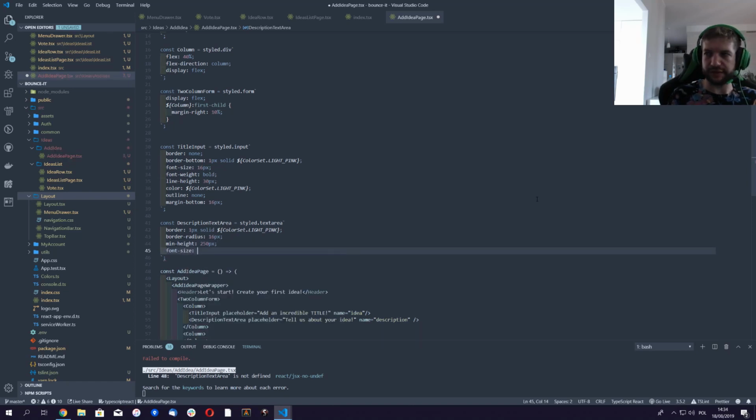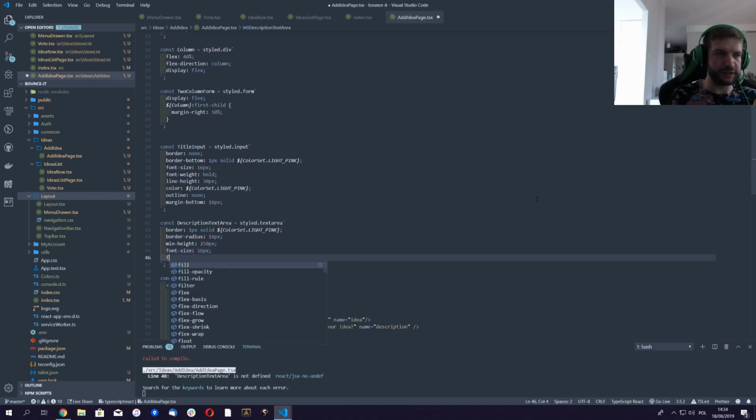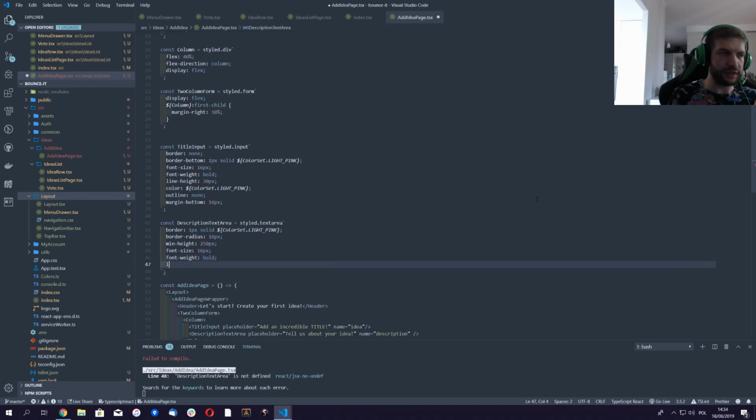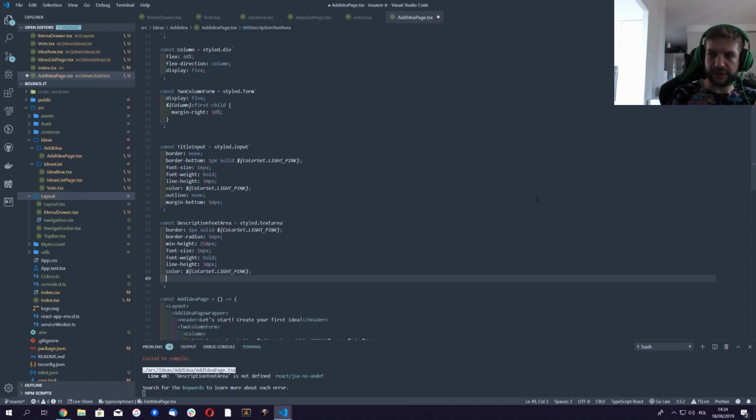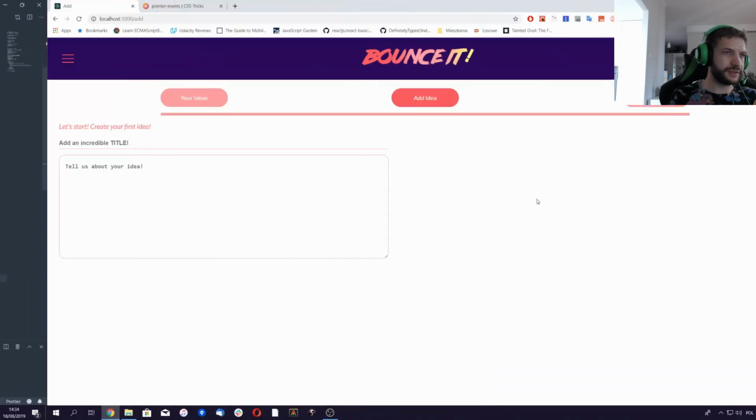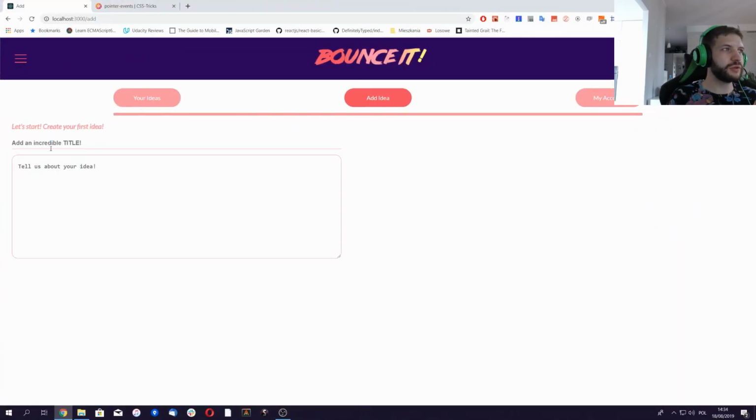Font size is gonna be 16 pixels. Font weight is gonna be bold. Line height is gonna be this. Color of the text is gonna be color set light pink. Padding is gonna be 16 pixels. Does that make sense? Yeah, it looks pretty cool, but as you can see right now, the color of the